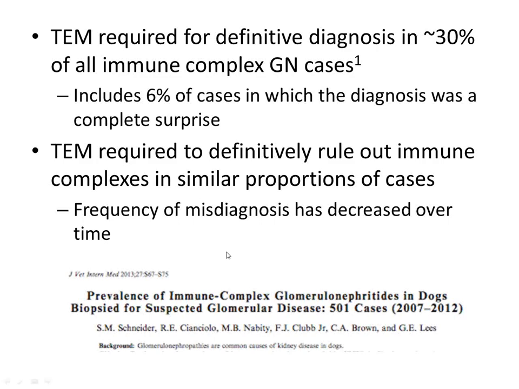I'm getting better at not misdiagnosing. I'm better at correctly diagnosing, I guess. I think that sometimes when I started 5 or 6 years ago, I would see a couple of little red dots on the glomerulus on the trichrome, and I'd be like, oh, it's membranous, and then we would go to EM, and it turned out it wasn't membranous.